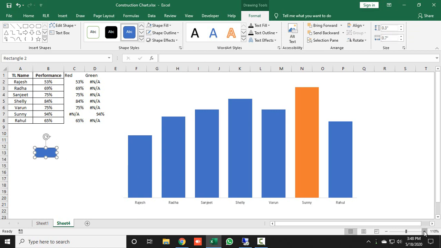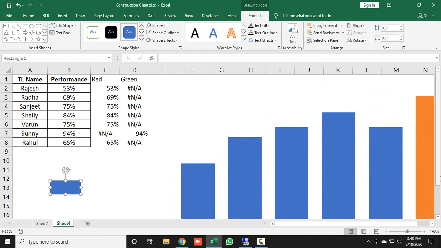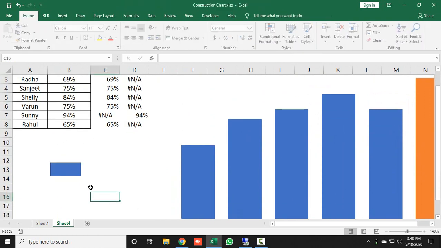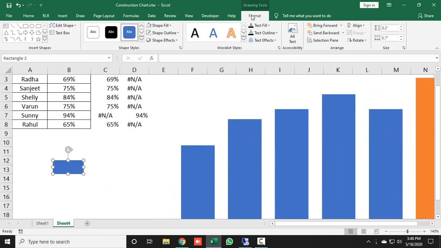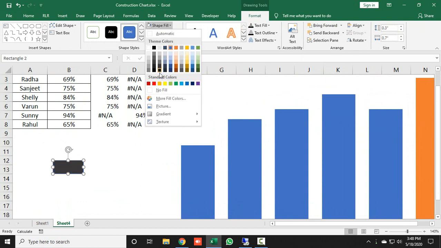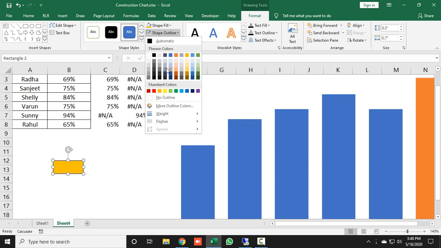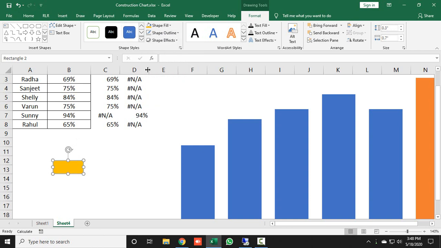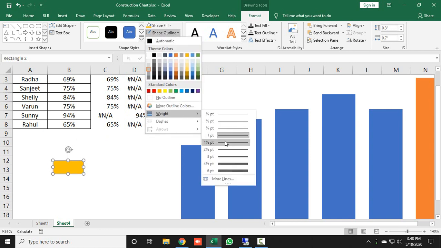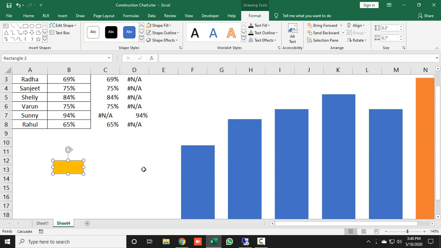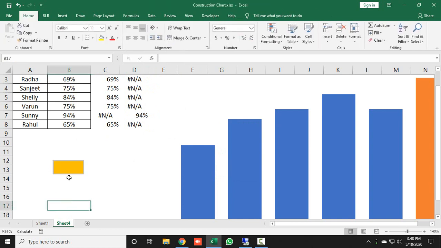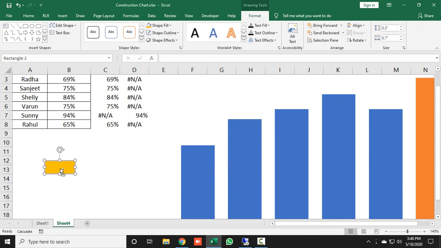Let me zoom this screen, and then select this rectangle, go to Format and take the shape fill like this one, which is orange, and the shape outline as dark gray, and change the outline weight to 1.5 point. Now select this and make a duplicate of it and just keep it.